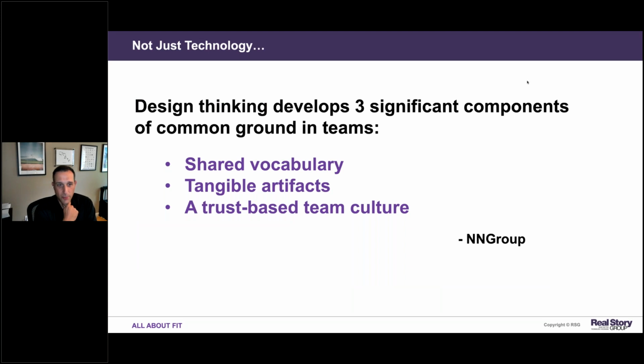The Nielsen Norman Group does a lot of work around design thinking when it comes to user experience design. And they talk about design thinking developing 3 significant components of common ground in teams: shared vocabulary, tangible artifacts, and a trust-based team culture. And what we found is when you apply design thinking to the product selection, that's exactly what you get too. You have a shared vocabulary in these